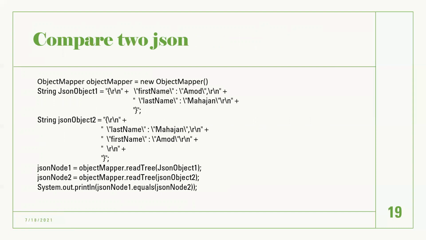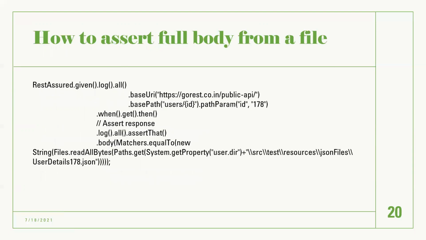Compared to JSONs, sometimes they'll ask this, but majorly they won't. In very few interviews, if it is quite tough, they'll ask you. So you will create two objects for two JSON paths. Then you have an object mapper where you have created object one of the object mapper. Then you will read those and put a dot equals to check whether they are equal or not. In this way, you can compare two JSONs. This we'll see, but majorly this won't be asked, but sometimes they may ask, because if it is too tough or too product based, they'll ask in that case.